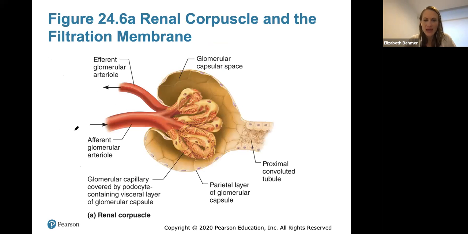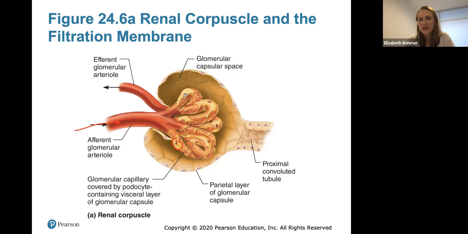So here we have the afferent glomerular arteriole bringing blood into the glomerulus. You can tell that it's a little bit wider, so that allows a lot of blood pressure to help with the filtration pressure of ions being filtered through the glomerulus. And here we have the glomerular capillary covered by a podocyte containing visceral layer of the glomerular capsule. So you see these podocyte cells with the nucleus making these kind of filtration slits with their feet to allow